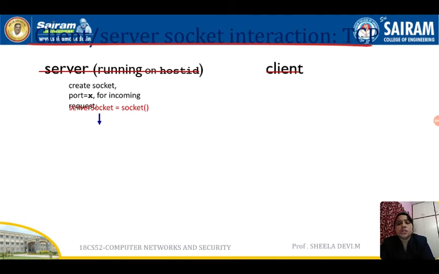Initially the server creates the socket and assigns the port number X for the incoming request. So server socket is equal to socket. What is the server socket? It is the socket meant for welcoming the client, just for welcoming the client.